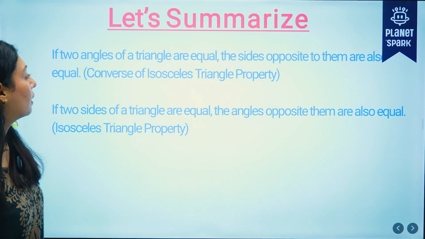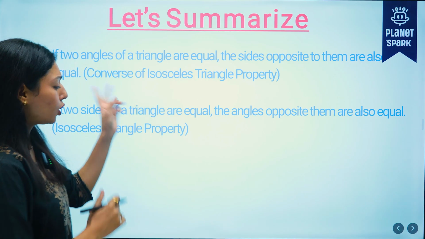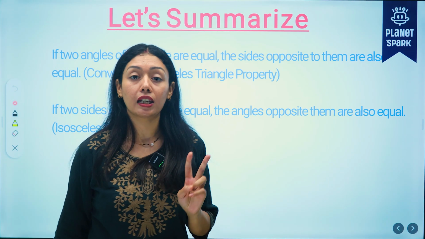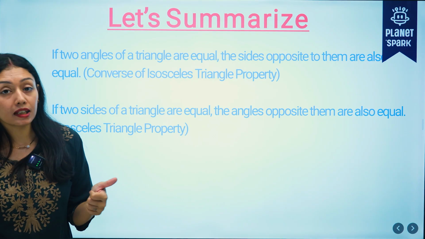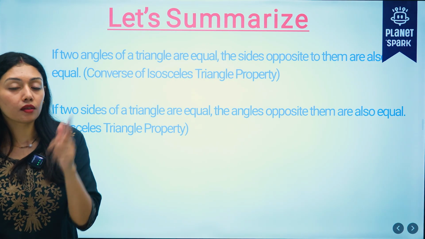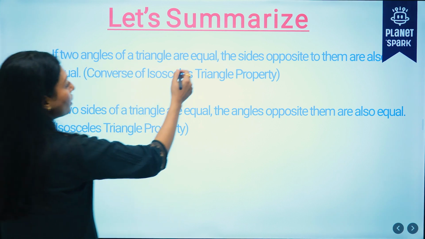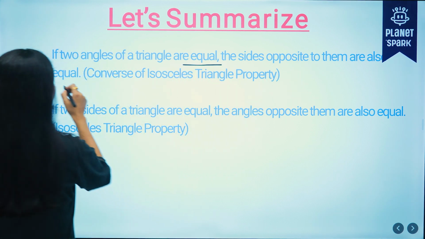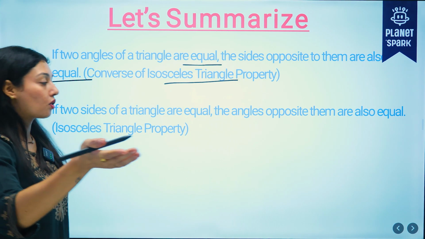Okay then everybody, with that is the end here. Let's summarize what we learned today. जो theorem सबने पढ़ी for isosceles triangle and we proved it as well, right? That is the first one. If we have two sides equal, then we can prove the opposite angles also equal. If we have angles equal, we can prove the sides also to be equal, right? So two angles of a triangle are equal, the sides opposite to them are also equal, and yes, that is the converse of the isosceles triangle property.